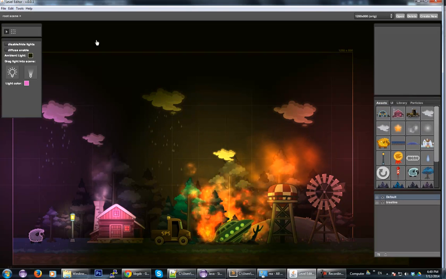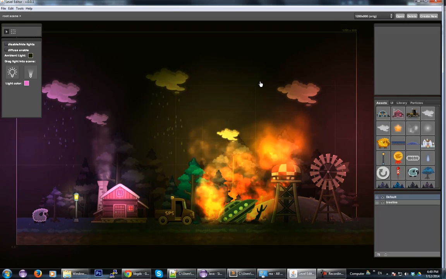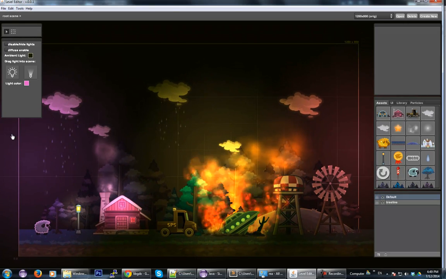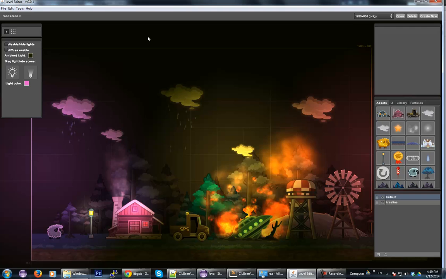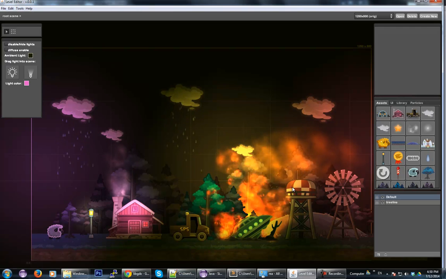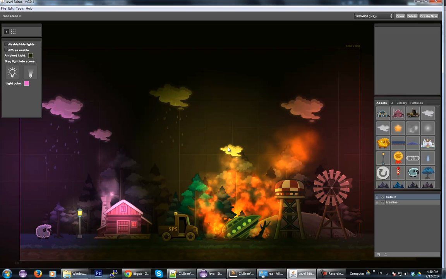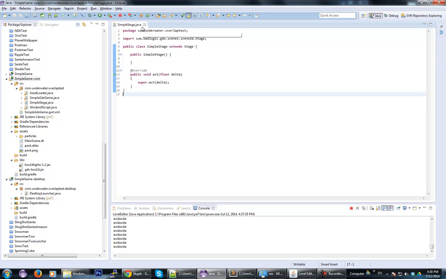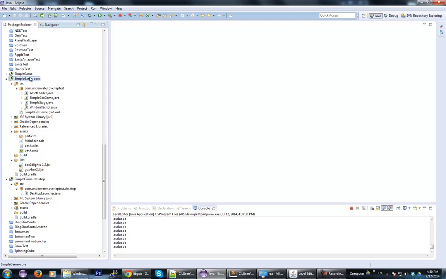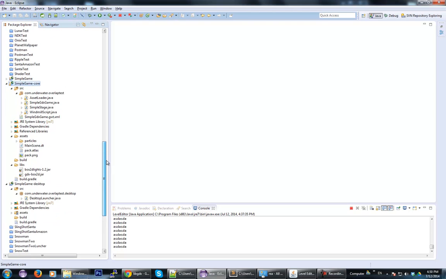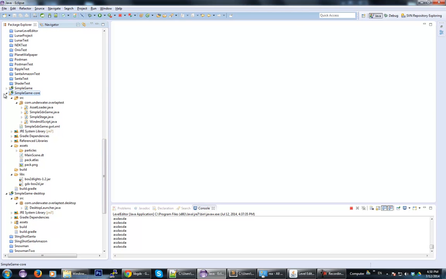So I guess that's it for this part. Let's now try to use these files that we made right now inside our libGDX game. I'm going to create this thing from scratch. So let's go to Eclipse, and what I did is I downloaded the latest libGDX project creator and created this